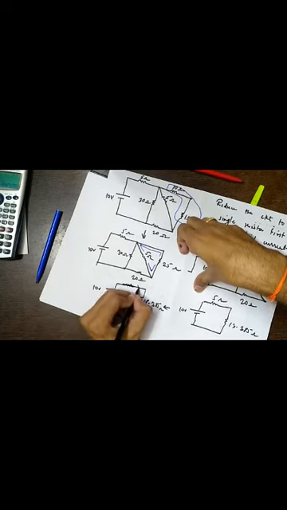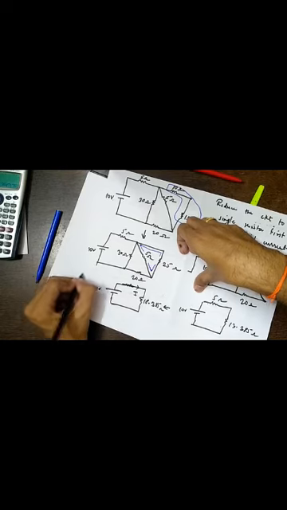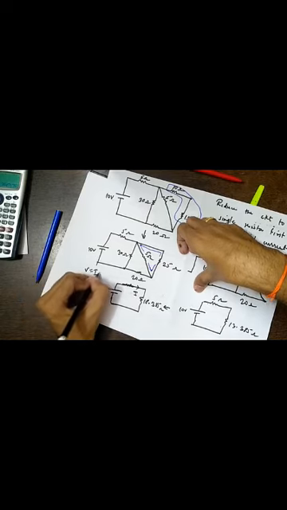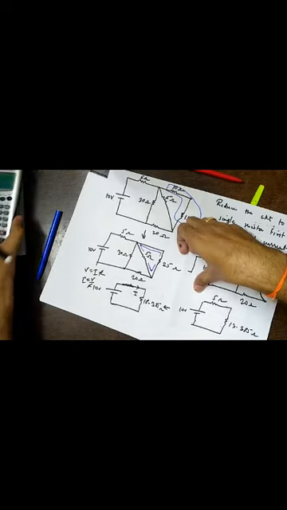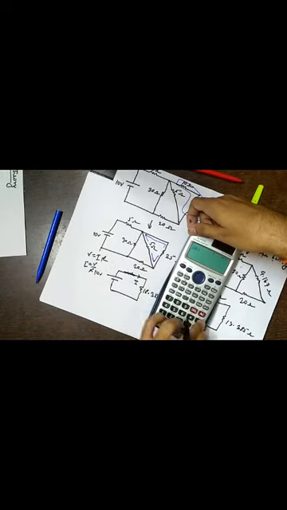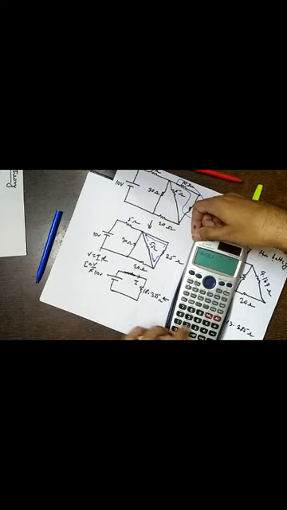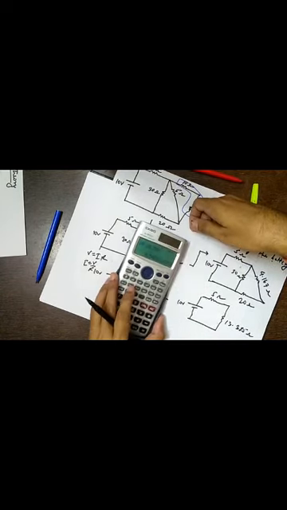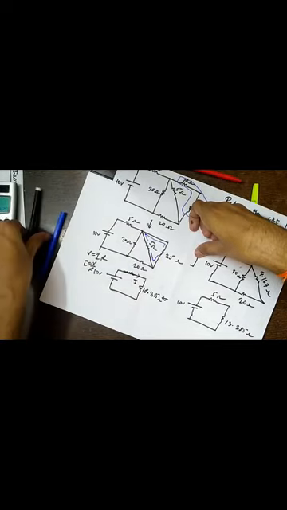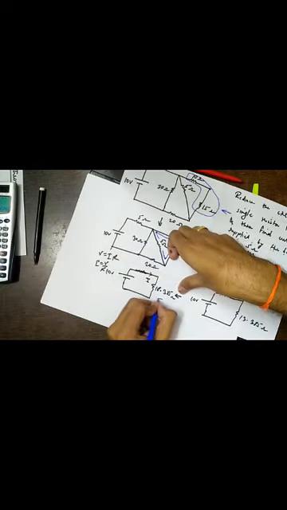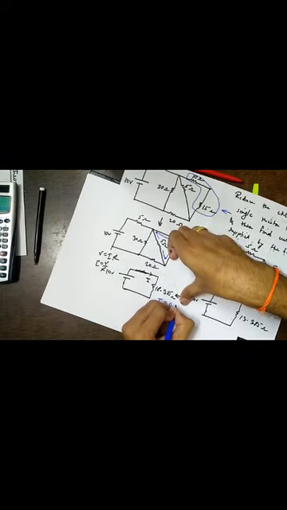Right? So what will be the current supplied by the battery? Let's say it is I. What is Ohm's law? V equal to IR. So I equal to V by R. So V is 10 volts. So 10 divided by 18.385. So how much you get? 0.5439, which can be approximated to 0.544. So current supplied by the battery is 0.544.